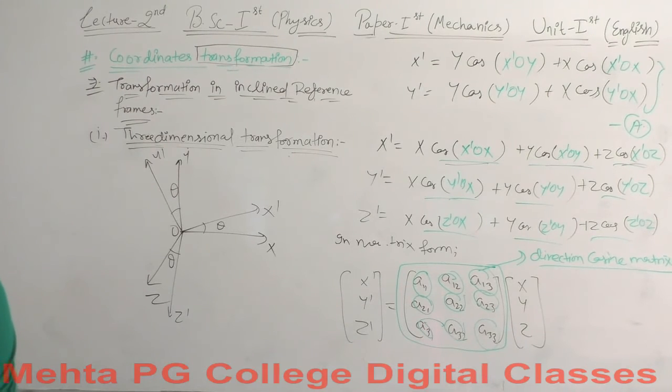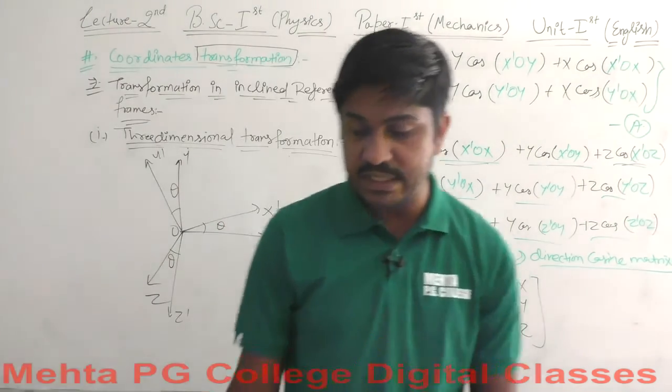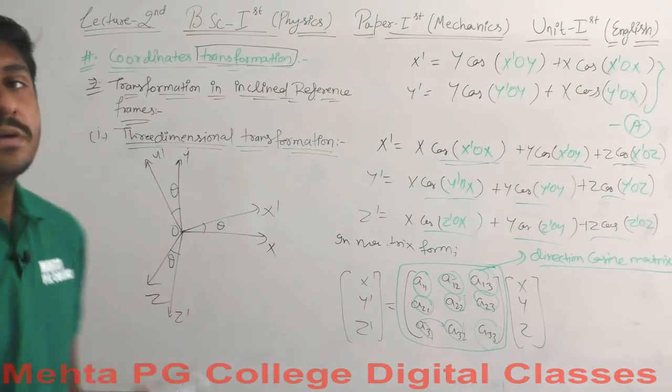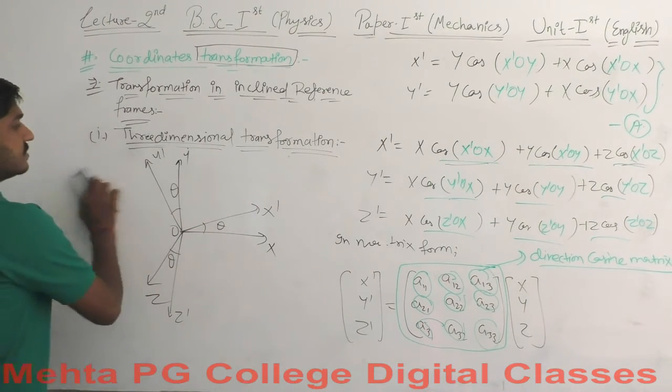And now we are going to find out the transformation of velocities and then the transformation of acceleration. Let's find out what these values equal to. You can take a screenshot, then I will proceed further. I hope that you are done with the screenshot, so let me clear this off.